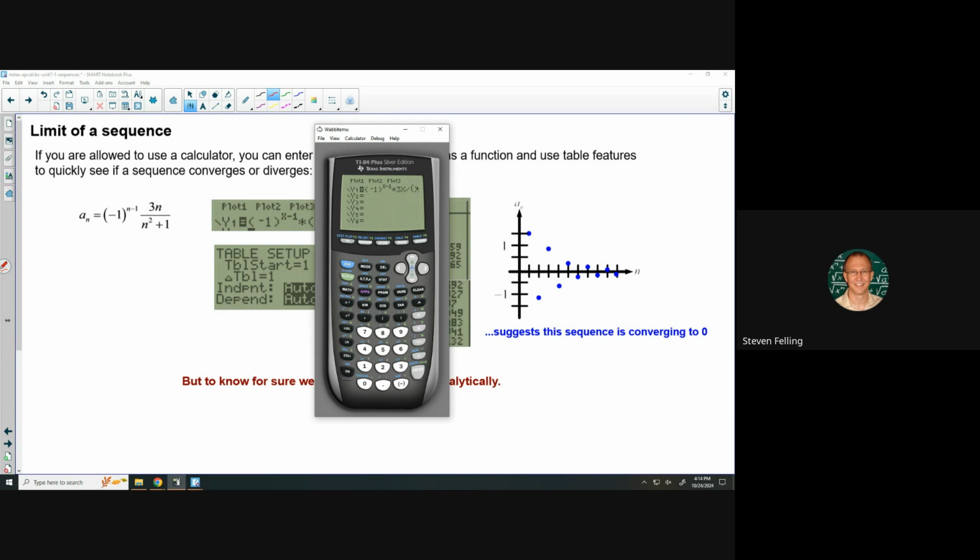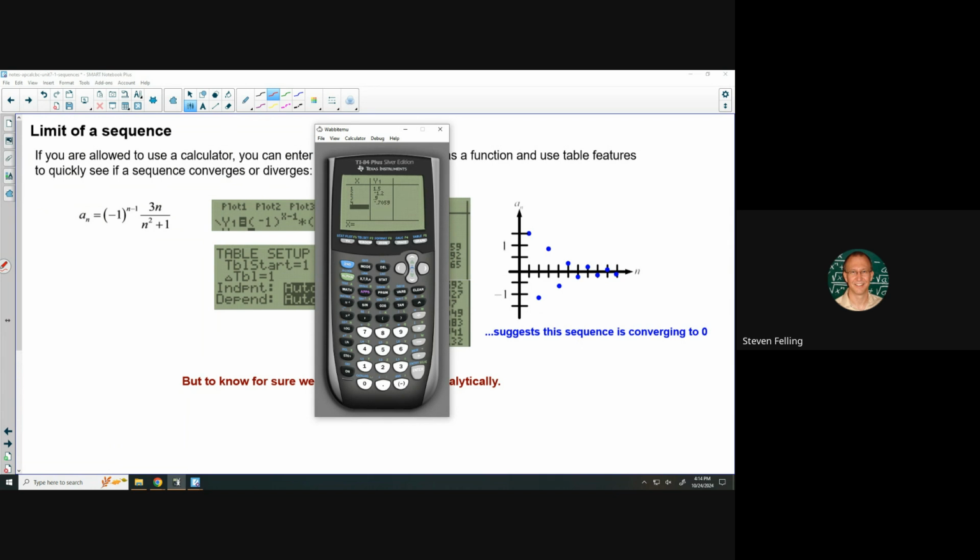I would go ahead and go second window to set up our table. I like to set my independent variable to ask, so that I have to enter a value, and then go second graph to get to this table here. Then I can type in 1, 2, 3, 4, and see what output value is coming out. I could enter ones to get a particular term, like the first term here is 1.5,